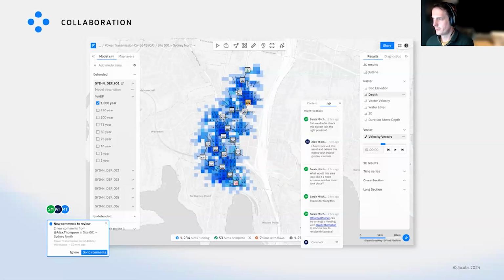Your reviewer or your client can provide those comments, and you can respond back in a back and forth way. So you get these threaded comments and feedback, and this stuff can be persistent as well. If comments aren't closed out, this data can remain persistent within the system, so you can see it when you pick that model up again in 6 months, 5 months, 5 years. What were the issues when that model was originally signed off? So it's important to get all that background context as well.